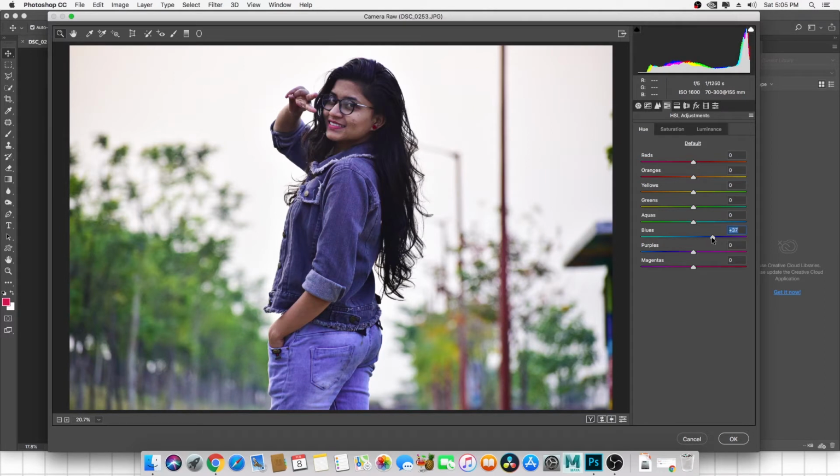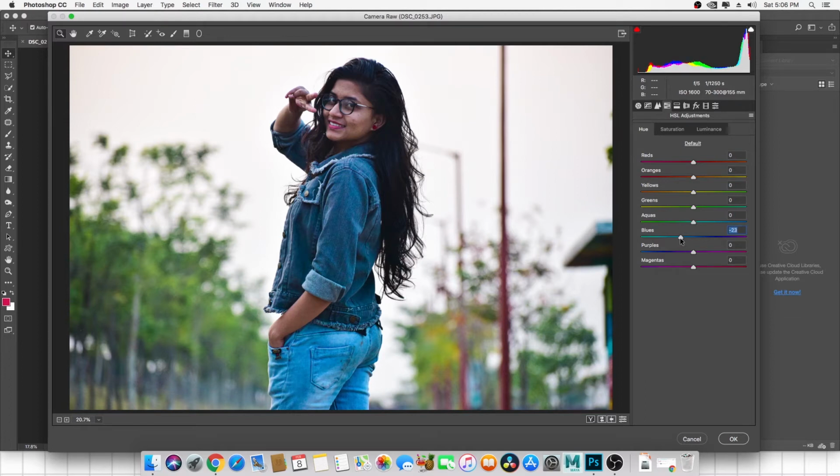Purple is also good, but as you see it only changes the color of the jacket, because it doesn't know other colors. I'm just adjusting on blues, so it's going to convert all the colors only on blue. As you see, here is the blue, here is the blue. Just for this purpose, these lines are converted to other colors, which is really cool. Okay, so I think this one, I'm actually, what idea I have, I just want to convert the color of the jacket, but the jeans should look as they were before. So we just have to take another photo and cut the jeans and put it over that, so we can get the result.